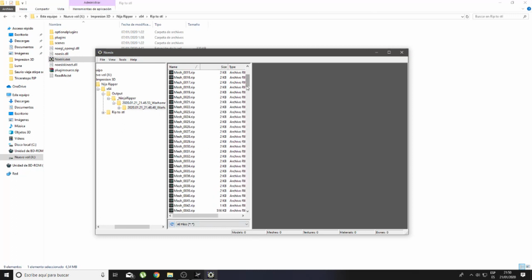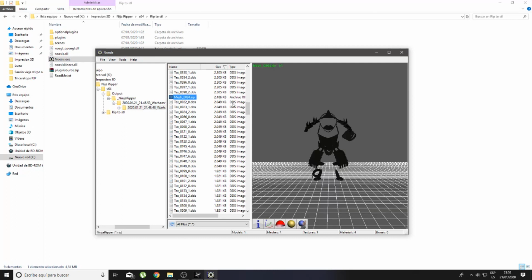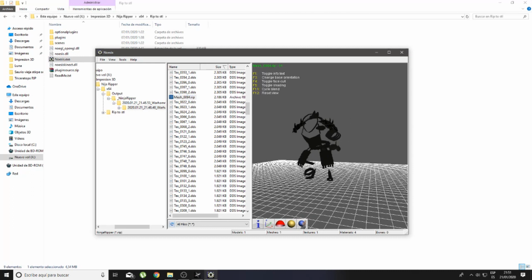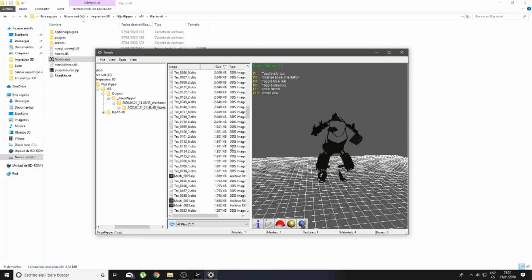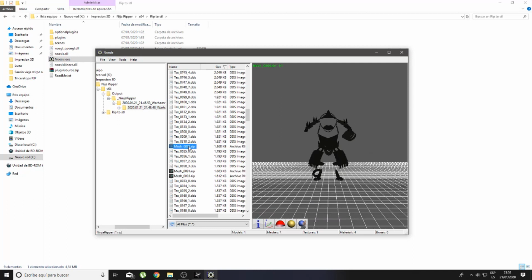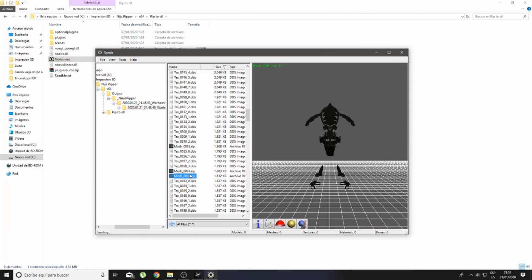The fastest way is to organize them by size. We need the biggest. Normally, the biggest files are going to be the models. Probably this one that is so big is going to be a mountain. Let's see. Ah no, this one is one of the armors. If we have the armor, that's because it probably went right. This is another kind of armor, because we have different kinds of armors for every model,